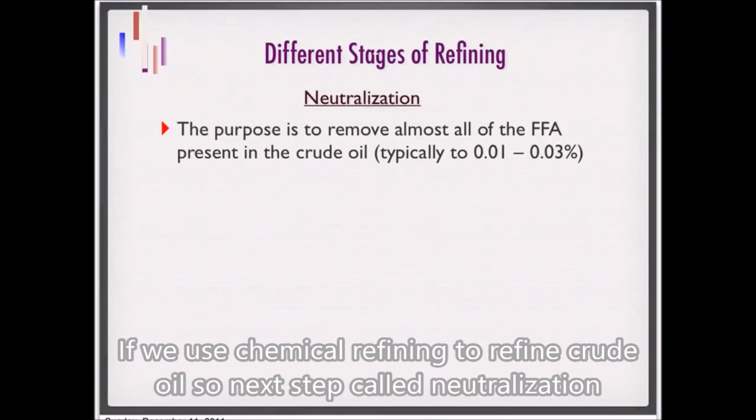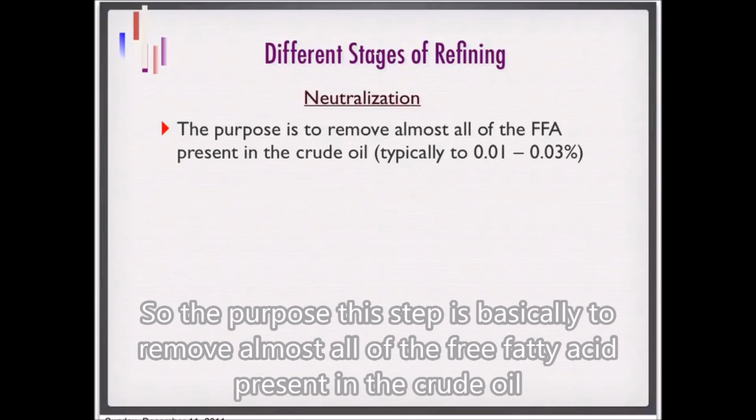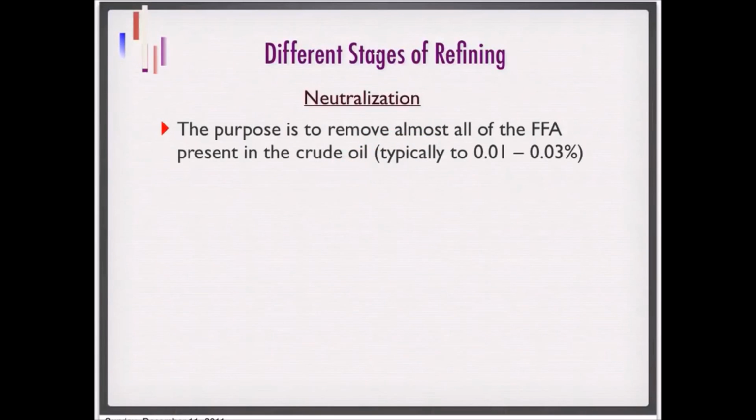If we use chemical refining to refine the crude oil, there's a step called neutralization, where we add the alkali to neutralize the acid or the free fatty acid in the crude oil. So the purpose of this step is basically to remove almost all of the free fatty acid present in the crude oil down to a very low level,